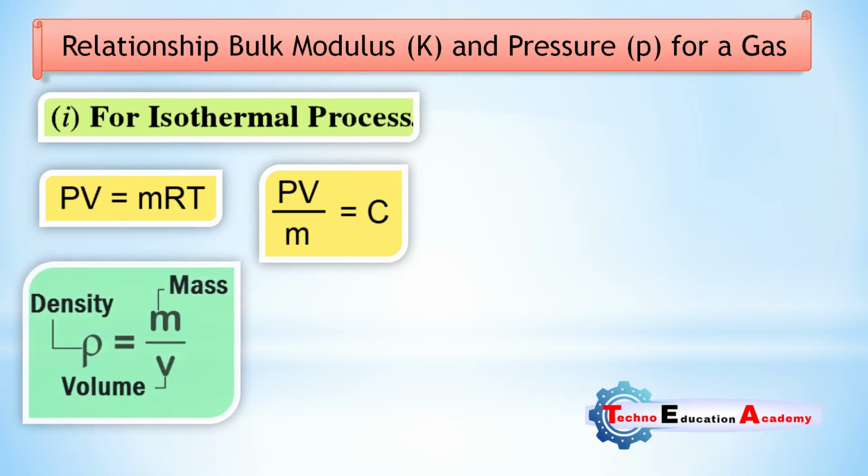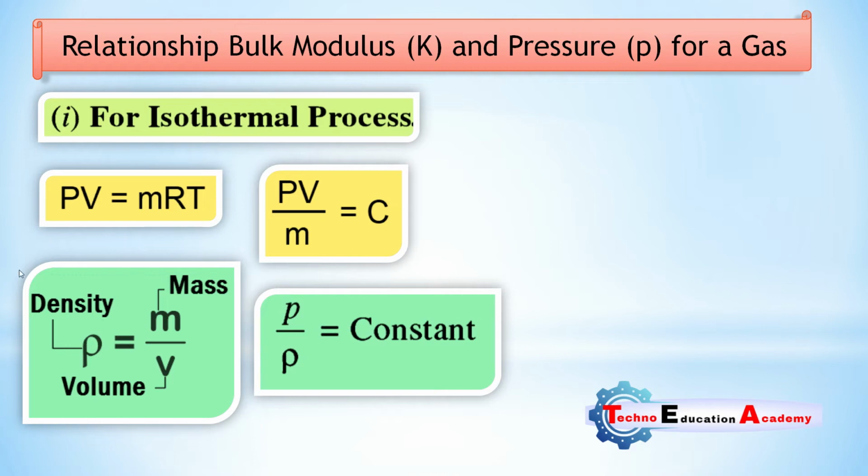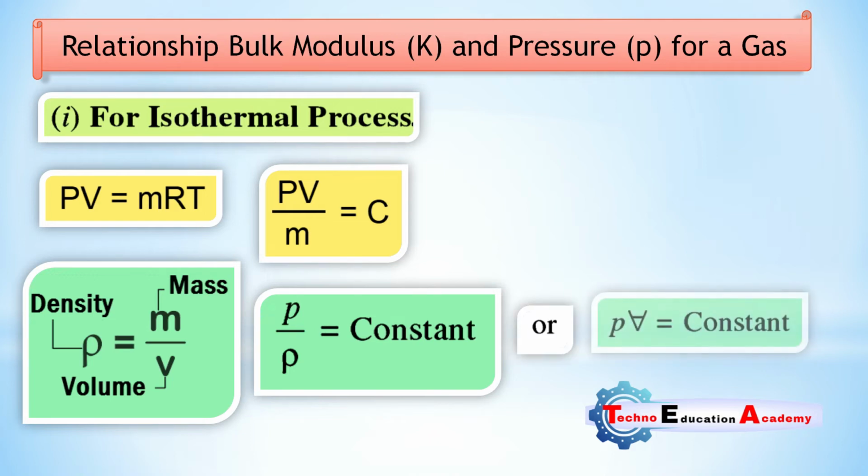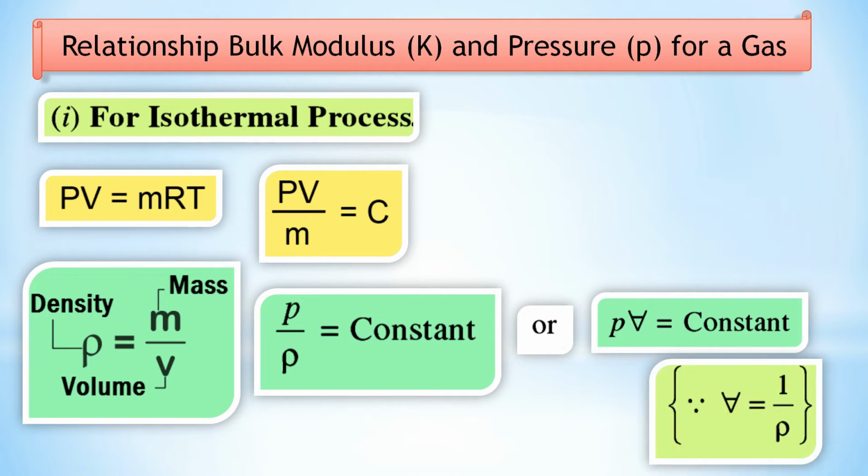But we know that density equals mass upon volume, the ratio of mass upon volume. So here you can see that it is volume by mass. So we can also write 1 upon rho according to this relationship. So P by rho equals constant. And volume by mass is also known as specific volume. But we know that specific volume is inversely proportional to density. So P by rho equals constant, or we can say P into specific volume equals constant, because specific volume is inversely proportional to density. Specific volume means the ratio of volume divided by mass, and density means the ratio of